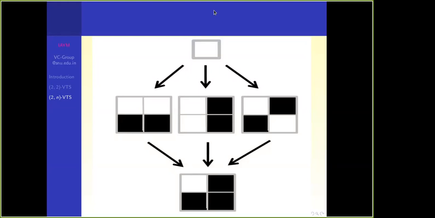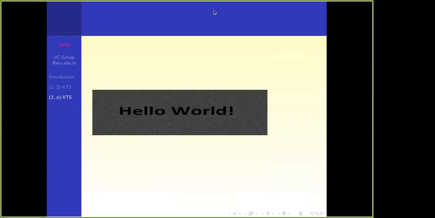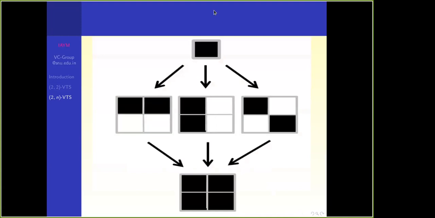Let me complete first, then again we'll discuss further. So this is the first image, second image, and third image. If the 3 people combine them, you'll get this. But it is a little bit expanded in both the upper as well as the sides. Yeah, it is 4 by 4.